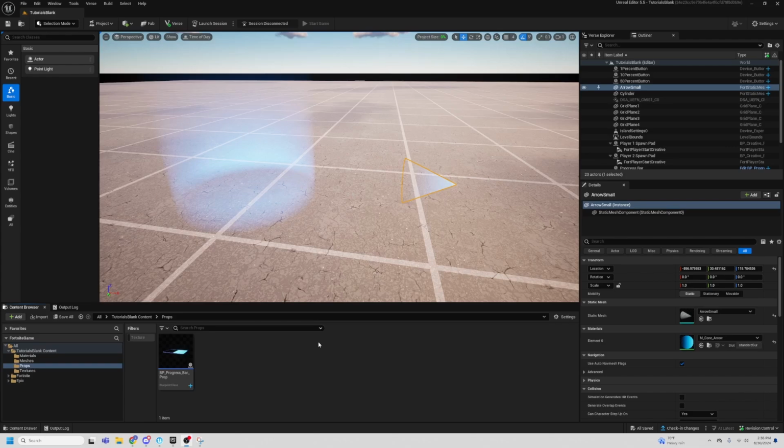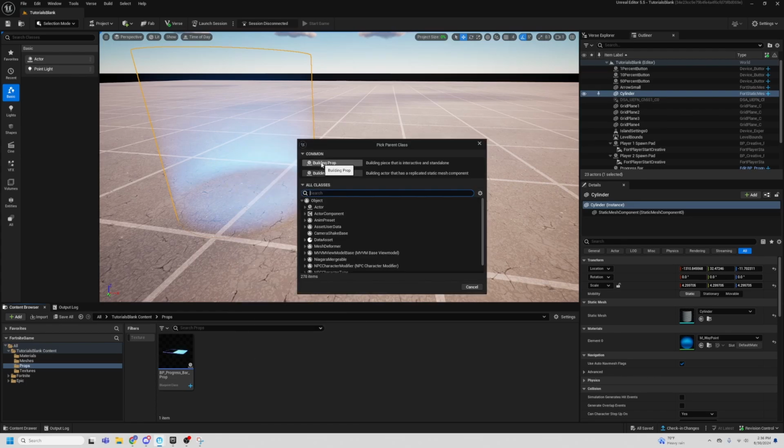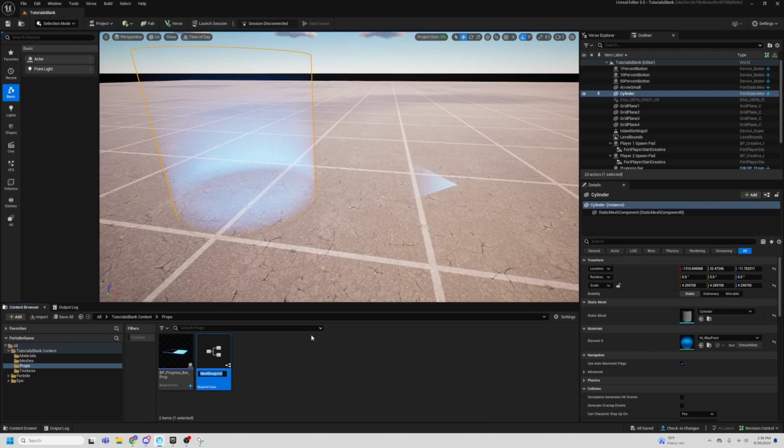Before we jump into Verse, what we need to do first is set these meshes so that they're objects, inside a building prop, so that we can reference them in our devices and spawn them as we need them. So we'll just quickly do that now. We'll go BP underscore waypoint, and then open it up,